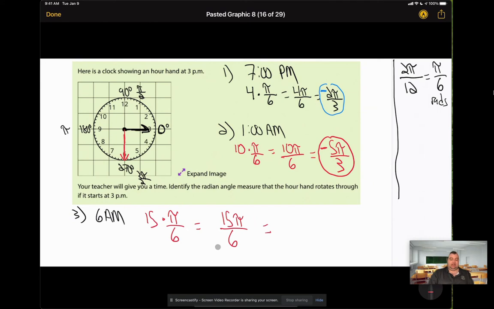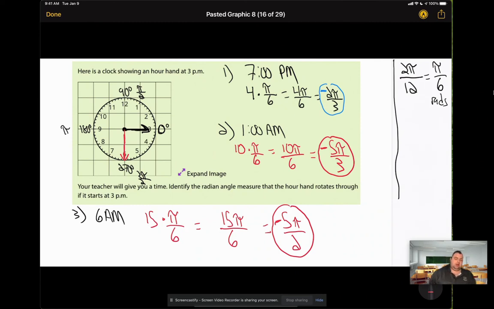In this case, I can divide both numerator and denominator by 3, because 15 divided by 3 is 5, right? So that'll be 5 pi. And 6 divided by 3 is 2. So that reduces to 5 pi over 2. But remember, the final answer has to be